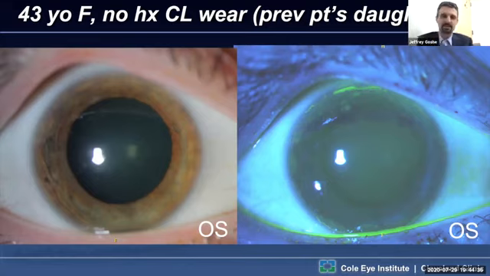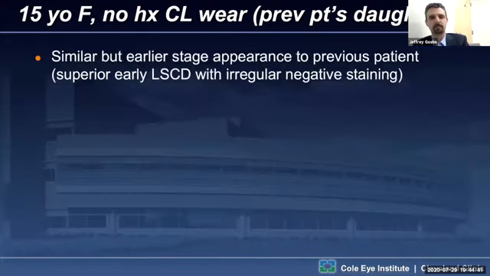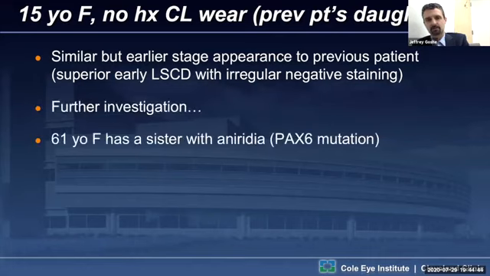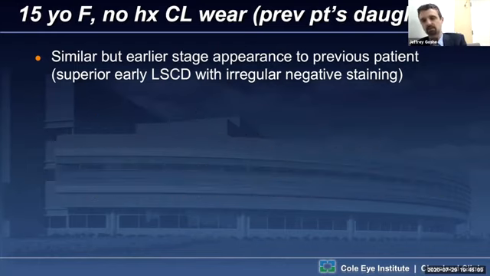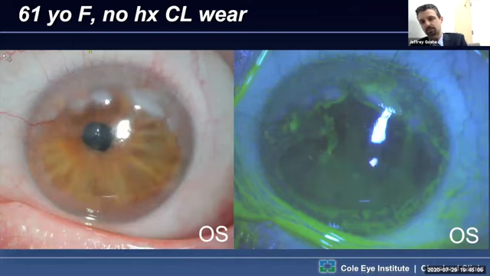So that led me to believe, I said, aha, well, we definitely have something going on here. I started to think of the possible causes and took some more history. So with further investigation and questioning, I said, do you have any other history of eye problems? I said, oh, I have a sister with, this is the older patient, I have a sister that has aniridia. And then we later discovered that she had in fact been diagnosed and had a PAX6 mutation. So this is so-called, what used to be called autosomal dominant keratitis, which was later then converted to the name of PAX6 keratitis, which is sort of a form of a very specific appearance of limbal stem cell deficiency, characterized by this